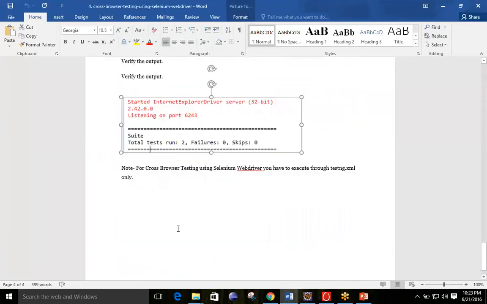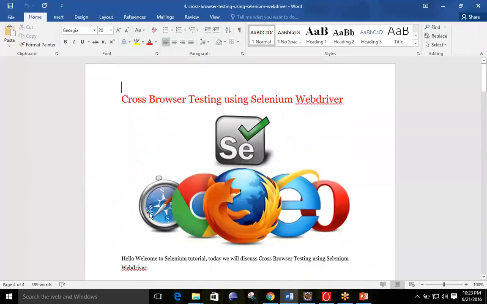Make sure whatever topics are in the PDF notes or Word document notes present in your drive, you always try to complete them. It is not necessary to complete them today itself; you can complete them any time, but make sure you complete all the things, because these are the important topics that people will ask you regarding Selenium.